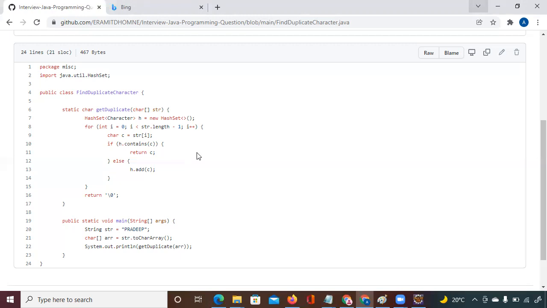You don't have to write everything for adding an element. If you have worked in C language, you might be aware that adding an element or removing an element from an array is very complex, right? You have to shift the cells when you want to add an element, and shift them when you want to remove one. But with the help of collection, it is easy. You can just call the dot add function and the dot remove function. So like this it works.